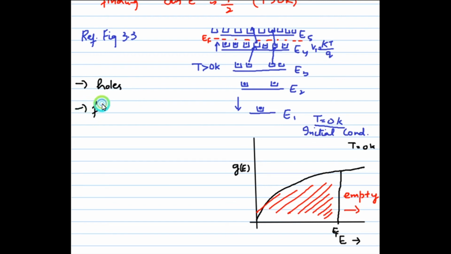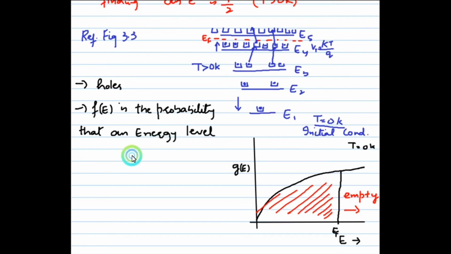So if f of E is the probability that an energy level will be occupied by an electron,